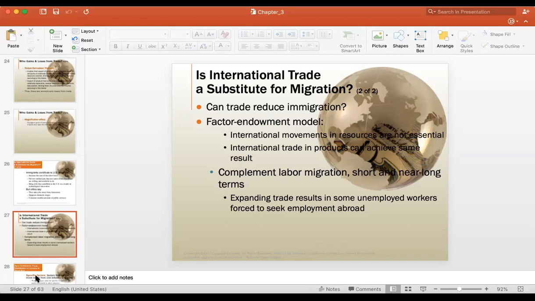In other words, labor-intensive goods, goods that happen to embody a lot of labor, is being transferred from Mexico to the US. So this is exactly the same thing. And when that happens, what do you think